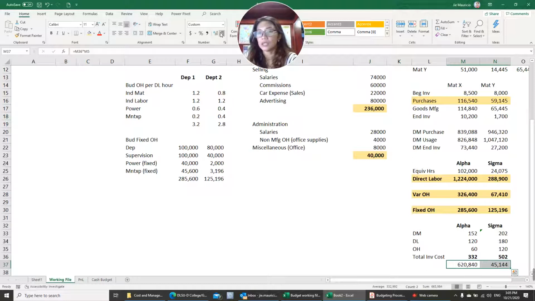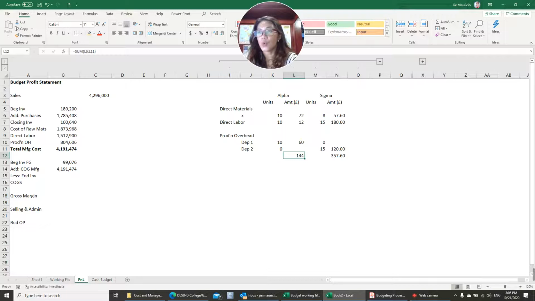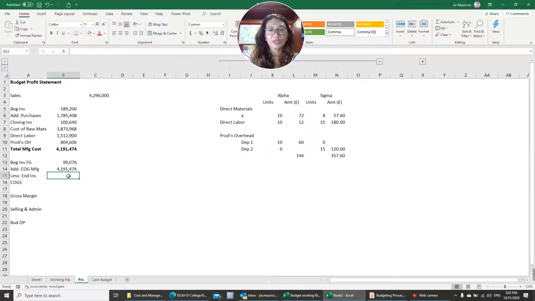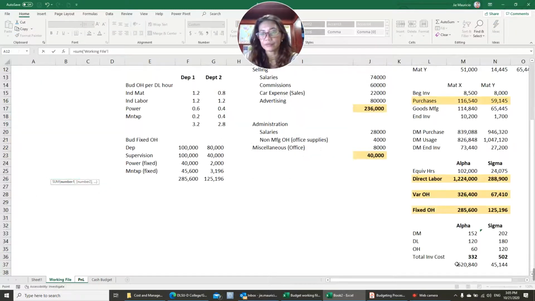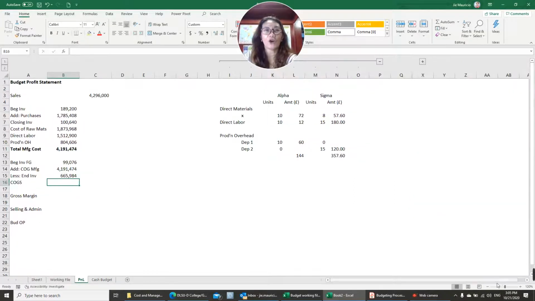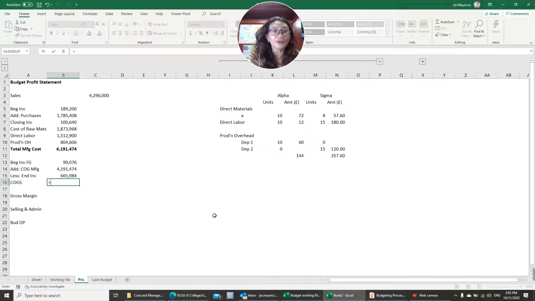Okay, I think this is it. So the ending inventory, I can get the sum of this one and this one. 620 and 45. So your ending inventory is 665,984. Now, thus, the cost of goods manufactured is beginning plus,